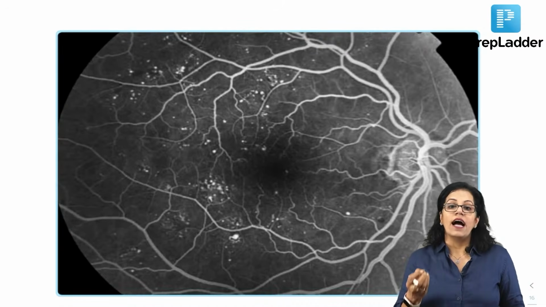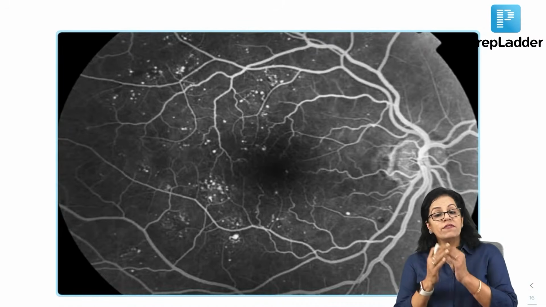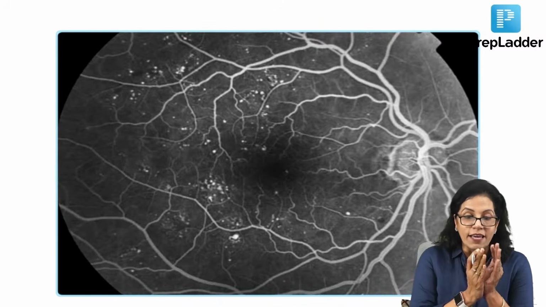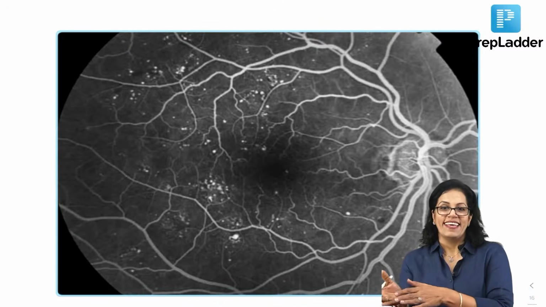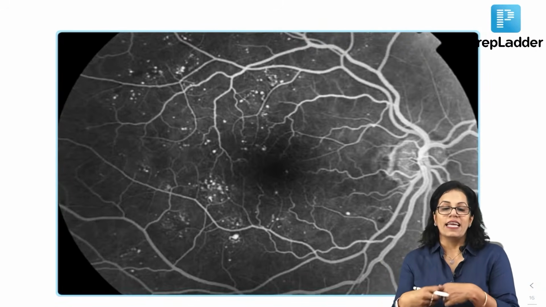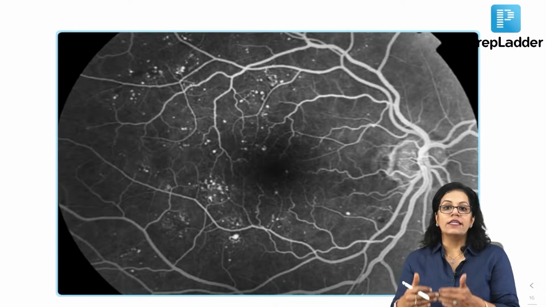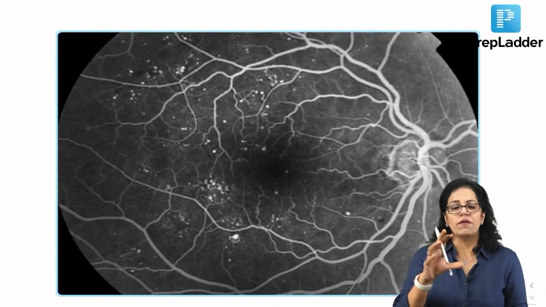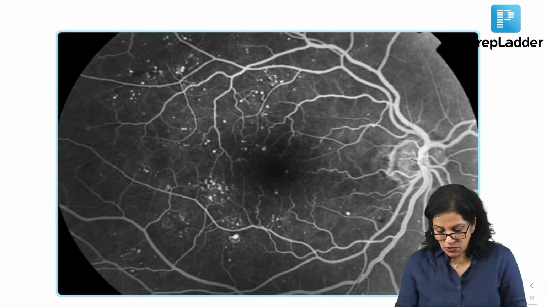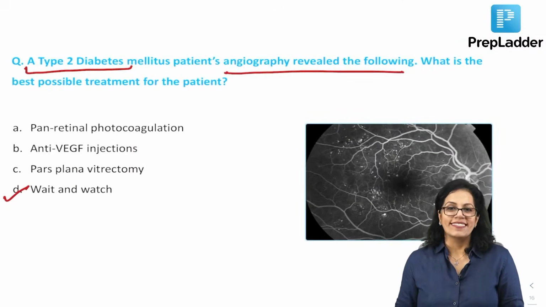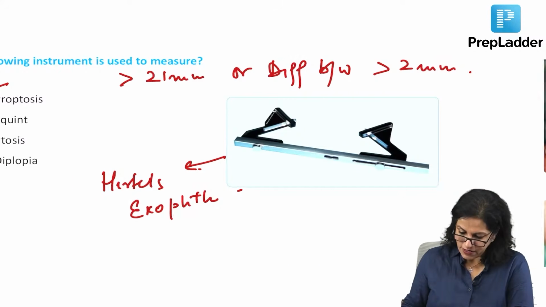How did it look, Sky? Hyperfluorescent. So, whenever we are studying a fluorescein angiography, we are looking in terms of whether it is hyper or hypo. Can I see the fluorescence more, that is leakage in case of microaneurysms, or is it blocked, right? So, just revise my videos on fluorescein angiography, you will understand. So, here what we are going to answer is hyperfluorescent dots. Okay, we come to the next one.